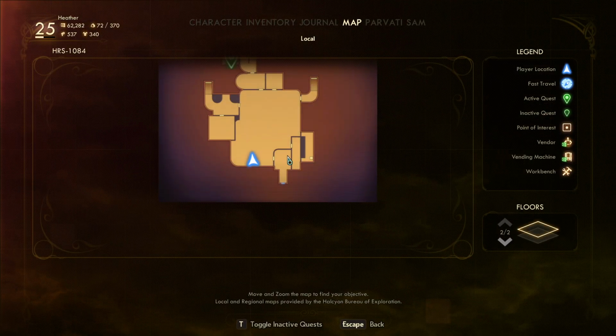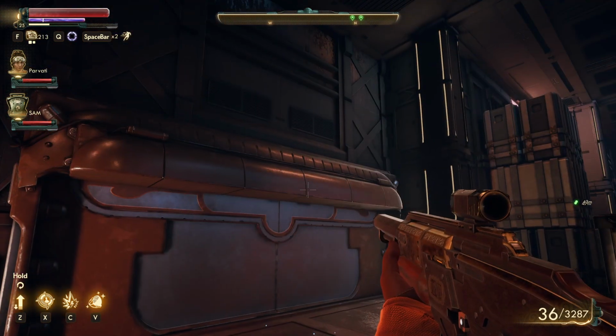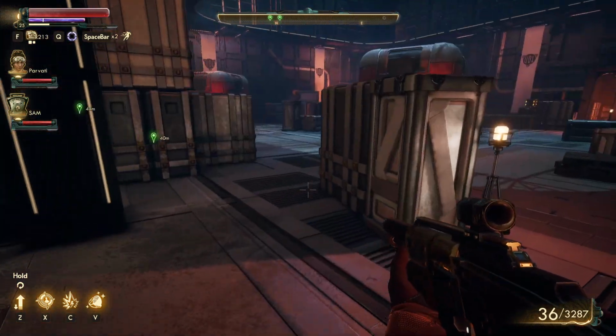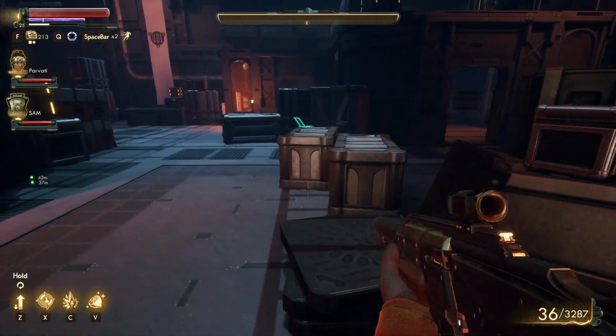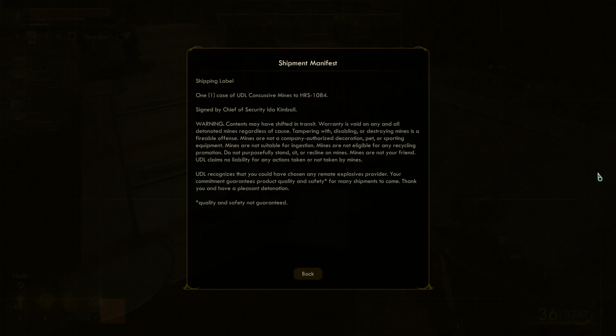How big a place is this? Two floors. It's not tiny. So there's that. That door doesn't open. There was something over here though. Some sort of notepad. Shipment manifest, shipping label, one case of UDL concussive mines to HRS 1084, signed by Chief